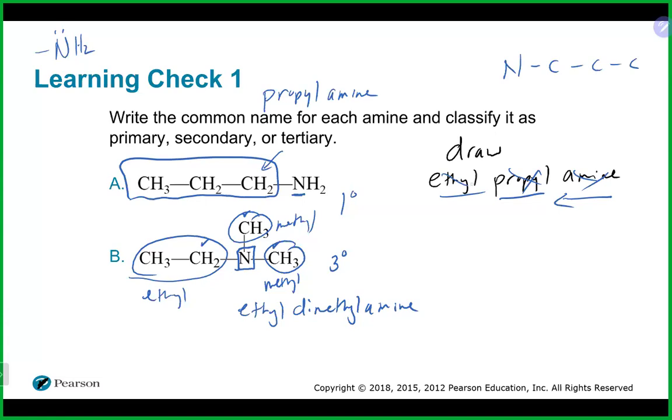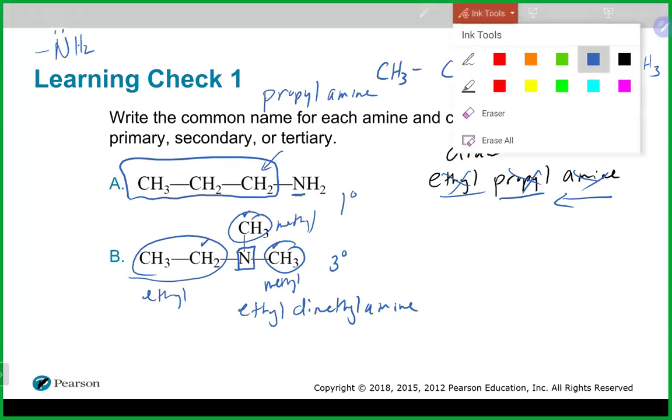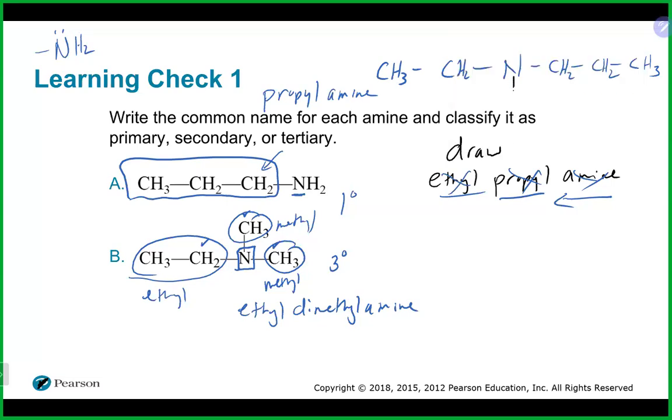And ethyl is 2, so we'll go 1 and 2. We could put in our hydrogens here. So I need 3, I need 2, I need 2, I need 2, and I need 3. But now I do have a little bit of work on my nitrogen. It also will need a hydrogen. So the nitrogen here will need a hydrogen because this is a secondary amine and it will have 1